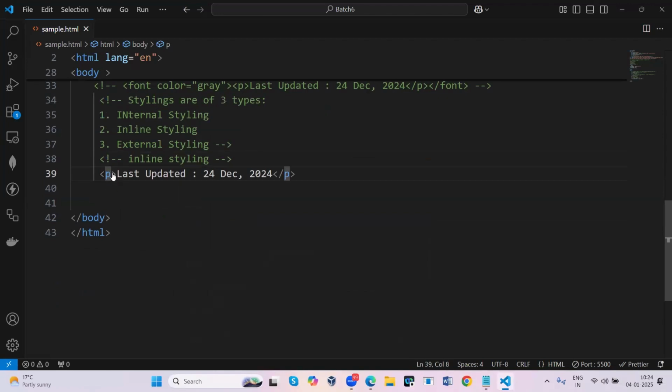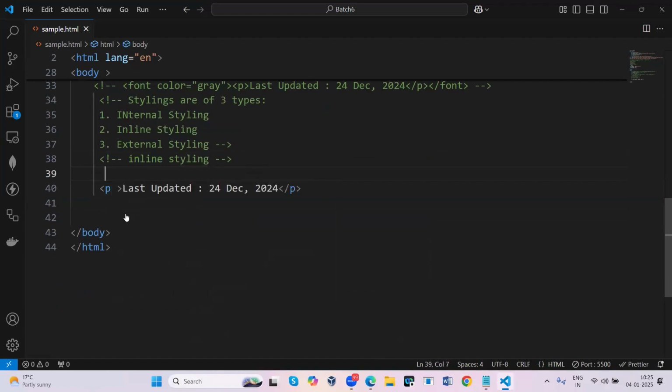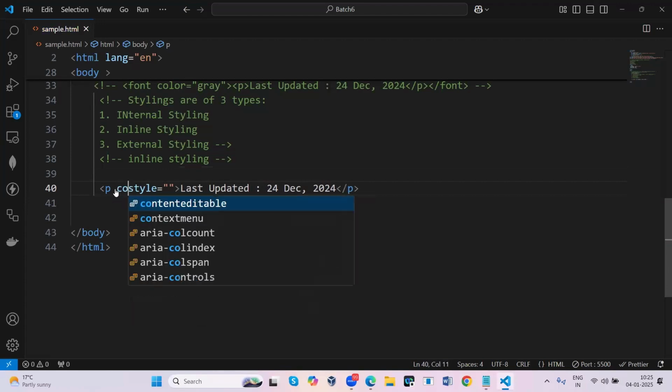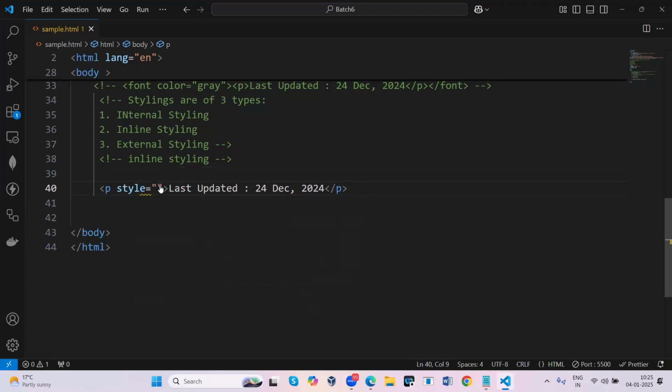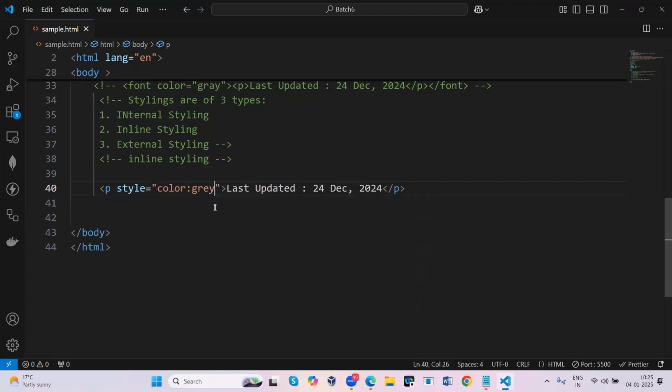When we are doing styles in the beginning tag of the HTML, that kind of styling we call inline styling. Now here stylings can be represented using an attribute only, where an attribute contains a name and a value. See here you have to specify like this. The attribute name is style equal to, and here you have to provide a property and the value. For example, if I want to provide the color, color is the property, and the value for that you can write here. I'm just writing gray color.